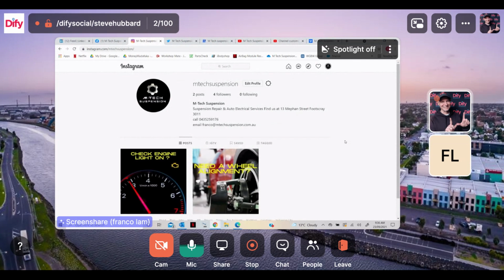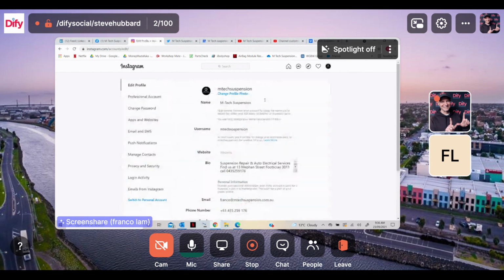Maybe what you do there, if you are going to position it down like that, I would commit this one. I generally prefer to have them all on the line to make the maximum suspension repair and auto electrical services. Maybe we don't need the 3011 in there. Do we even need to say find us at? Couldn't we just do a dash and write 13 Meaford Street? Do a dash, and then you could basically say